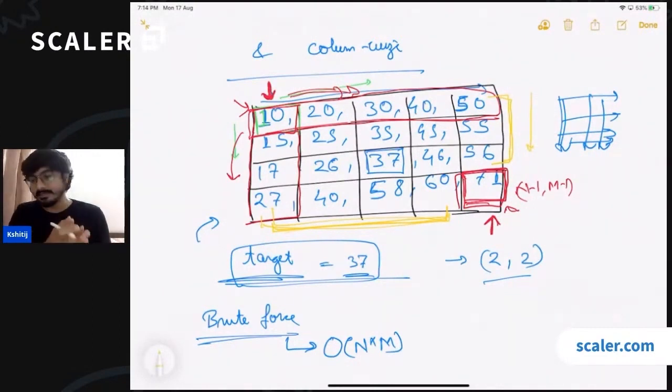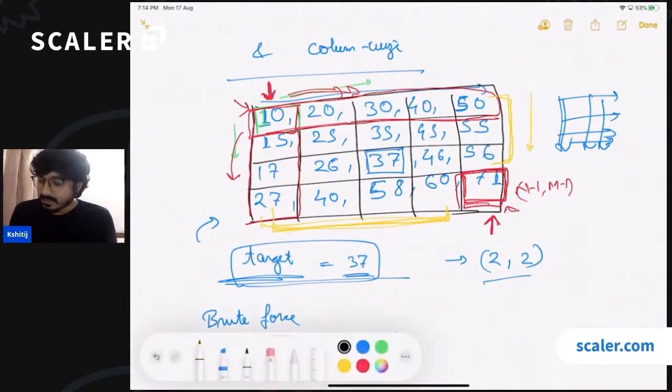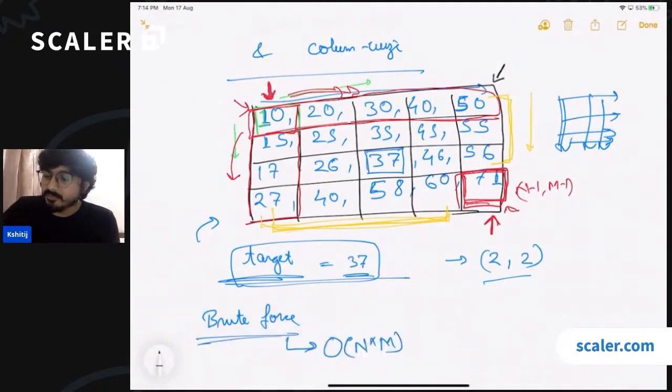We cannot discard any part of the search space. All the values are still relevant. Okay, let's try to search from this point. Now, can you guys figure out a pattern? If I'm standing at this point, if I'm standing at 50,